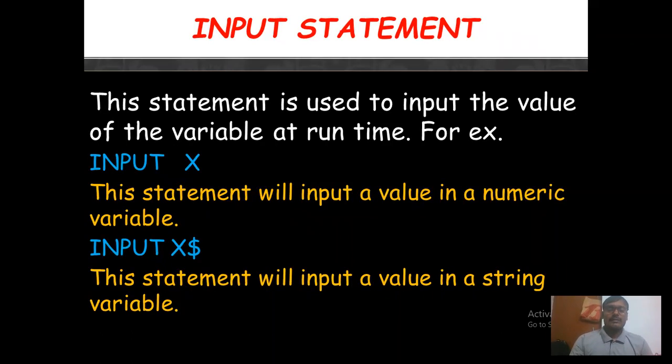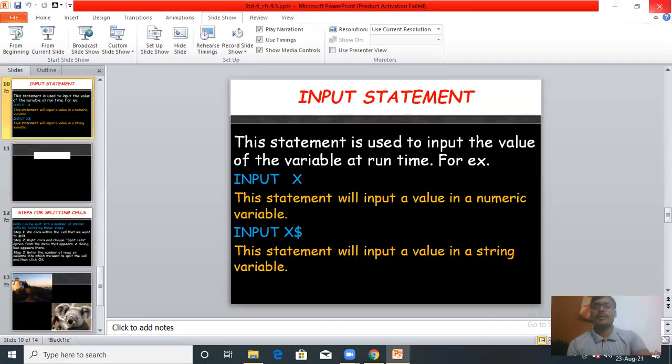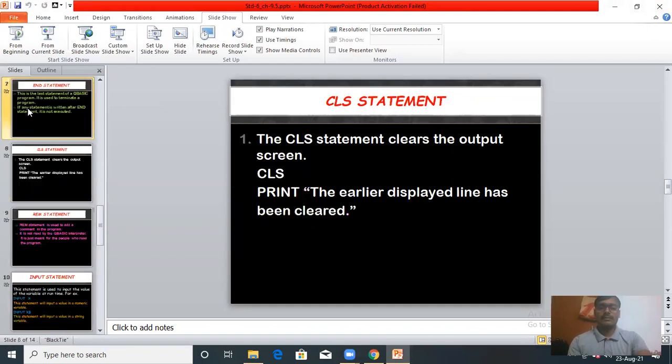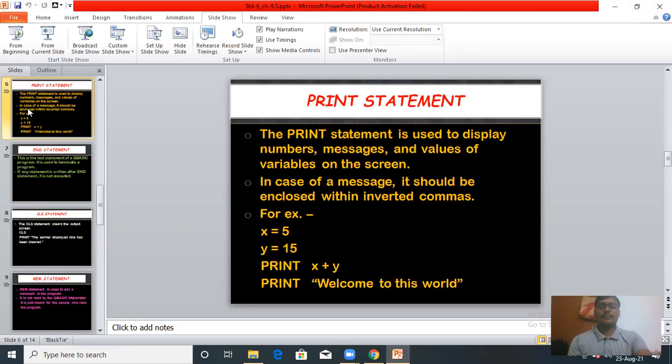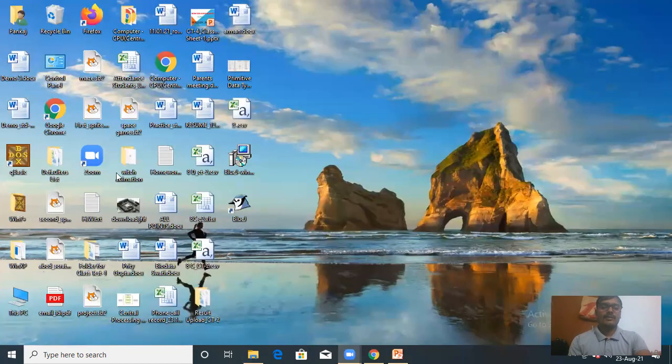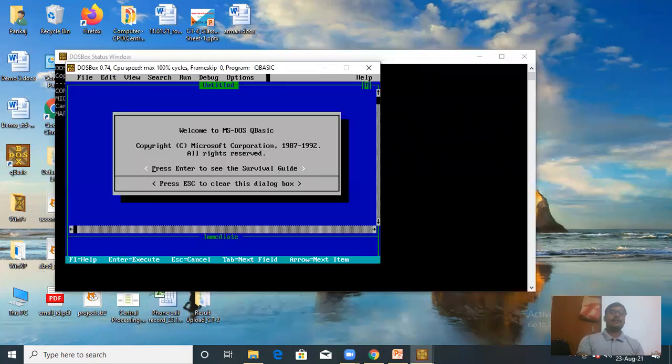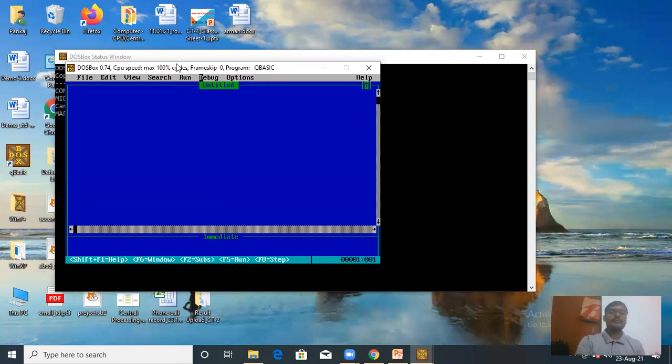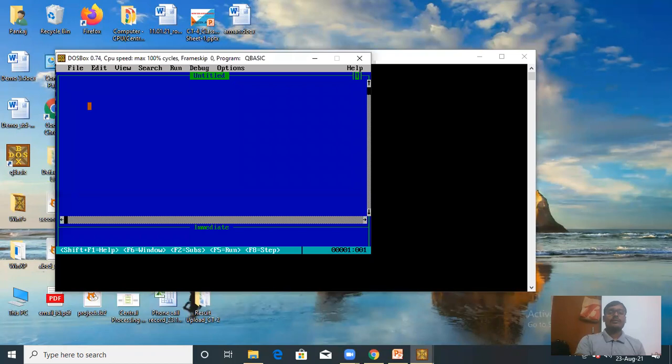Now I will show you some practicals so that you can understand nicely. First, I want to show you the PRINT statement. Suppose you open the QBasic program, double click on the shortcut, and press the escape button to remove this dialog box. Now you can write the PRINT command.